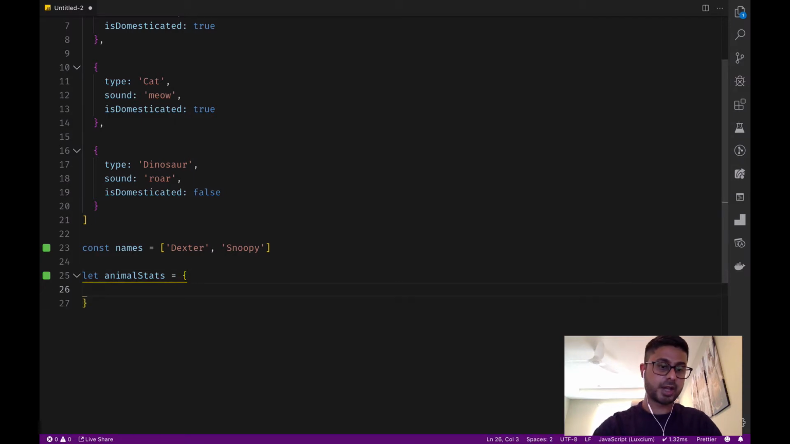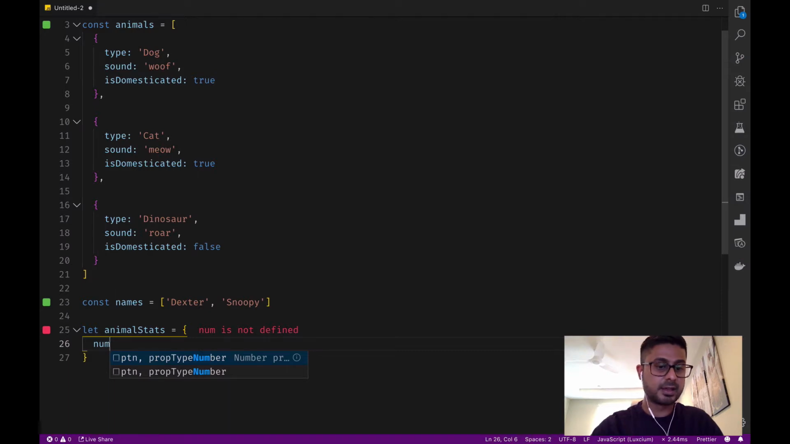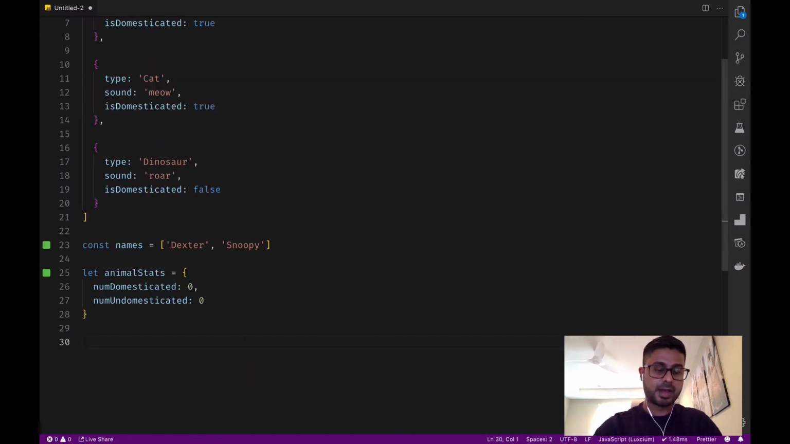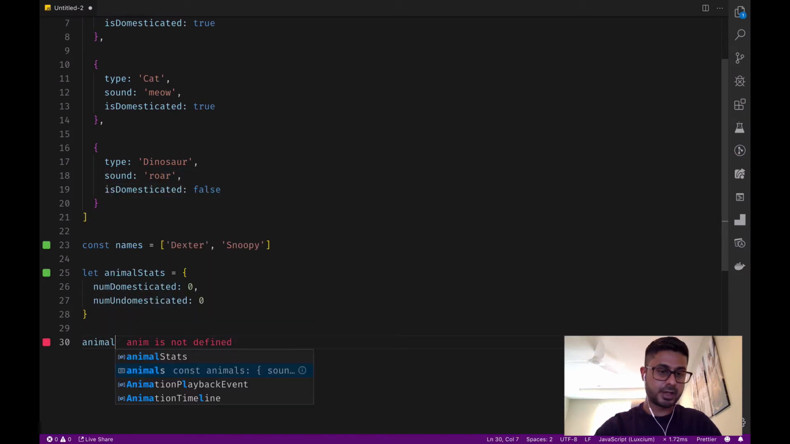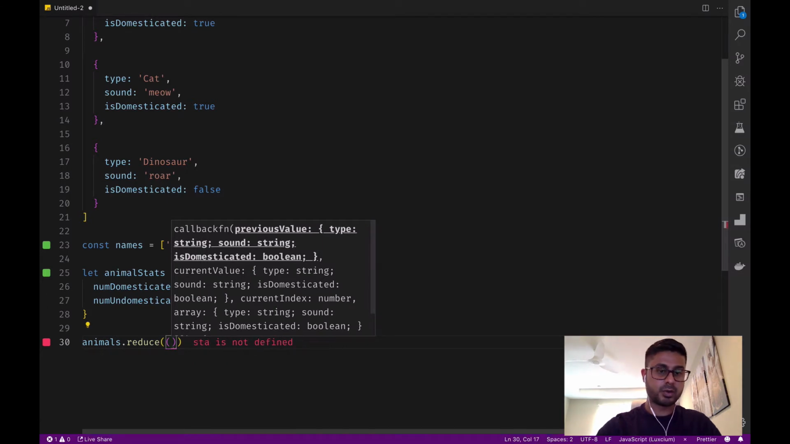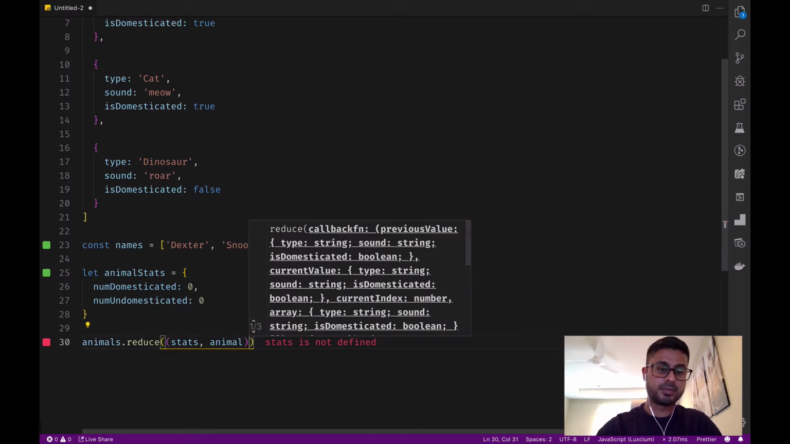And it's going to be an object. Within that object, we're going to have an attribute called number of domesticated. And we'll start with 0. And number of undomesticated, again 0, and then we can create our reducer, so animals.reduce, and in our function we're going to call a previous value stats, we're going to call a current value, which is the current animal, and